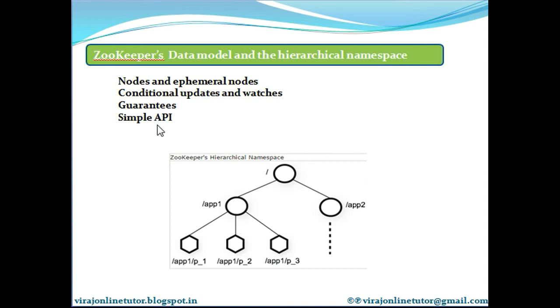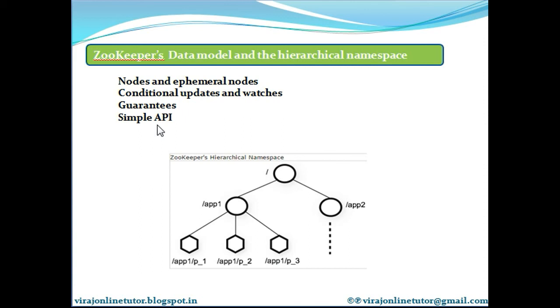The next feature of Zookeeper is that it has very simple APIs. One of the design goals of Zookeeper is to provide a very simple programming interface. As a result, it supports only a few but crystal clear APIs. So what are those? First is create.